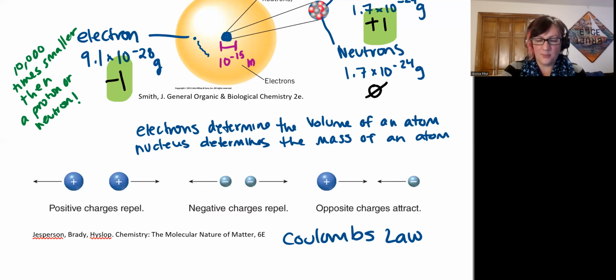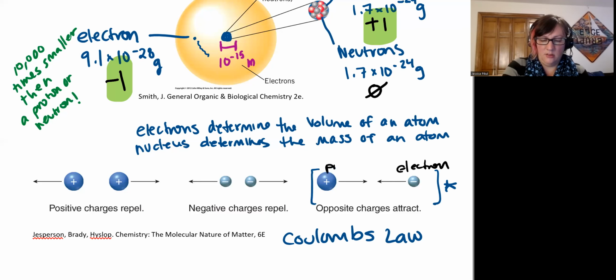So that's represented right here, showing that it's our opposite charges that are going to attract. In this case, it is our electron, that's the -1,